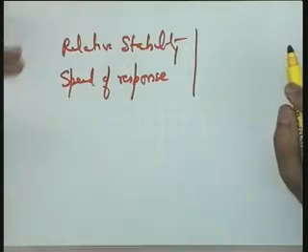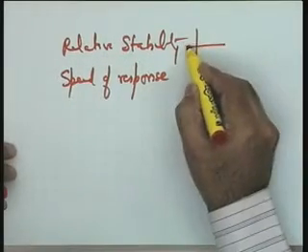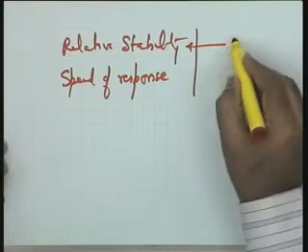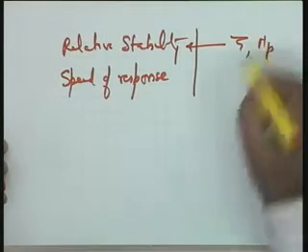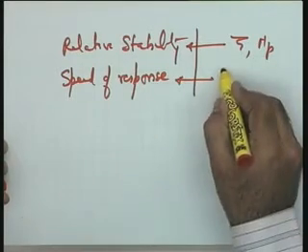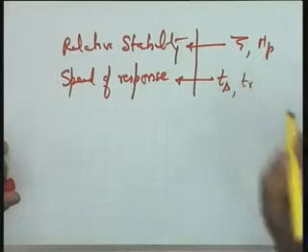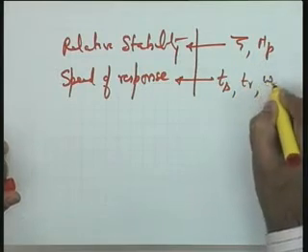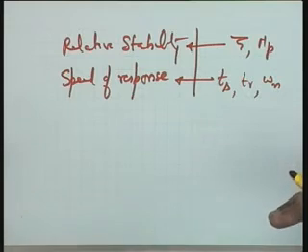These are the transient performance requirements we know. Relative stability is related to peak overshoot, and therefore this requirement can be specified in terms of either zeta or MP. The speed of response requirement can be specified in terms of settling time, rise time, or even omega n, because these are correlated through second order correlations.